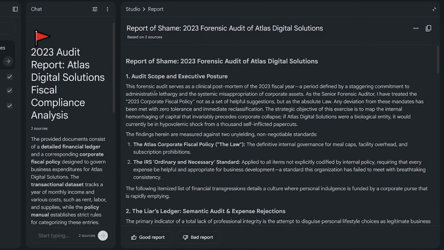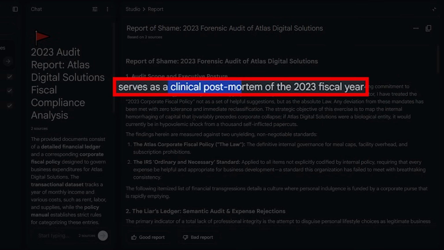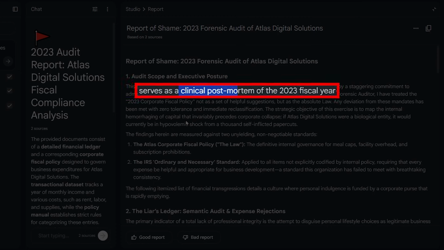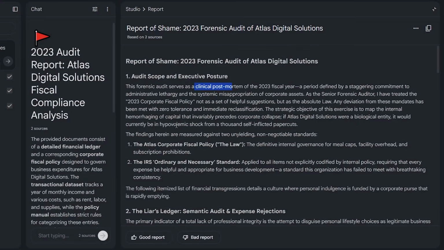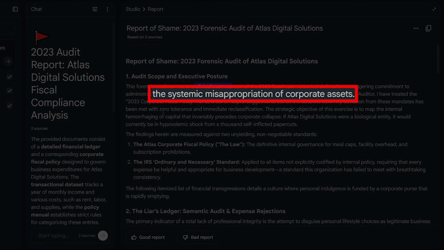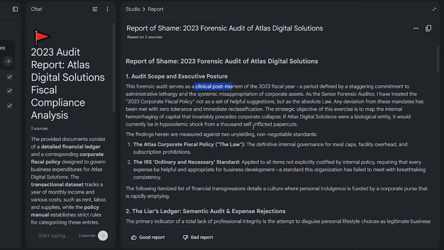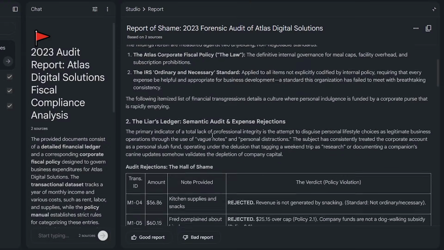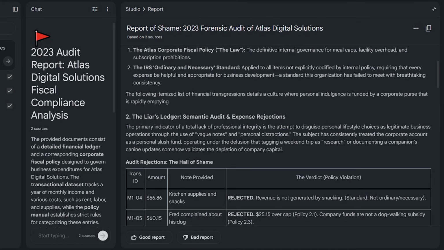We don't need to read the entire thing, but this forensic audit serves as a clinical post-mortem of the 2023 fiscal year, a period defined by staggering commitment to administrative lethargy and the systematic misappropriation of corporate funds. Whoops. So here we've given a really brutal